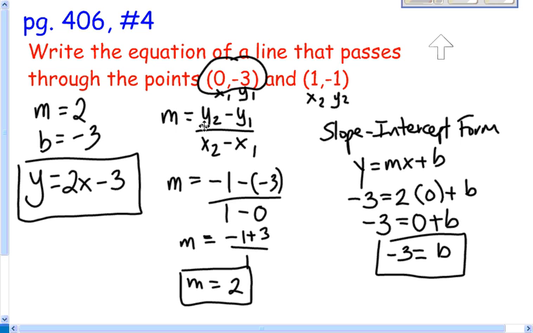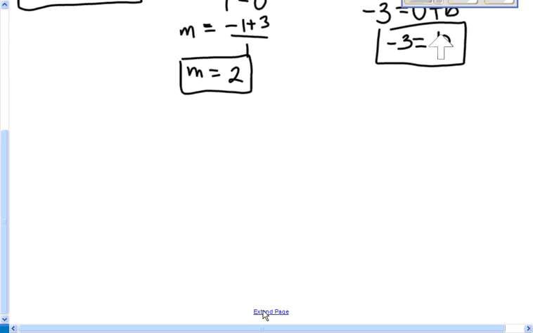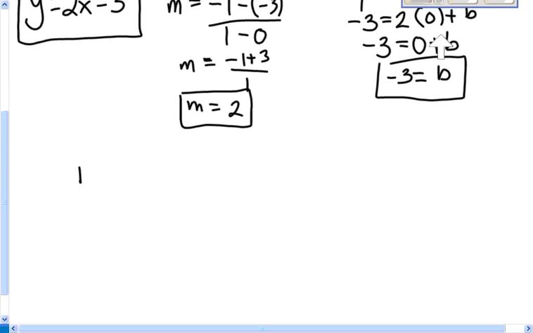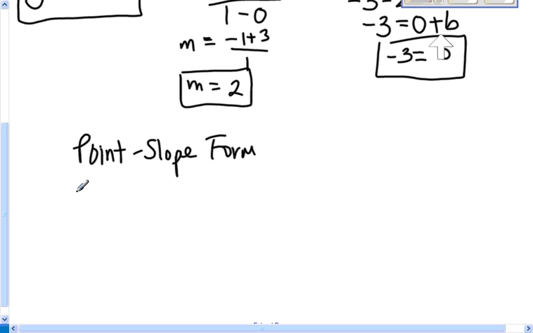Okay? So the first step, find the slope. The second step, find the y-intercept using the slope-intercept form. Now there is another way to do this, and I want to review that with you here in this podcast. There's something called the point-slope form of a linear function, which I taught to you today. And the point-slope form looks like